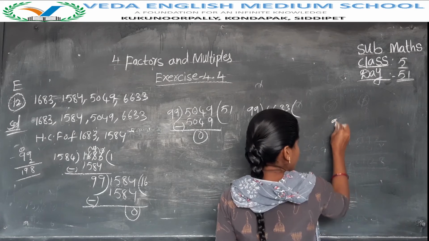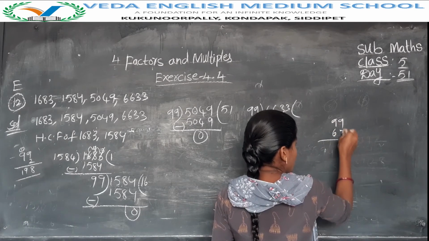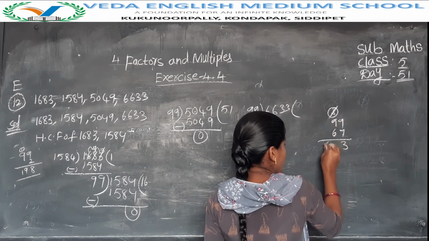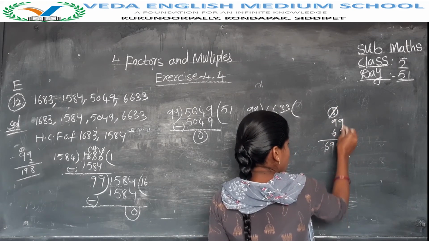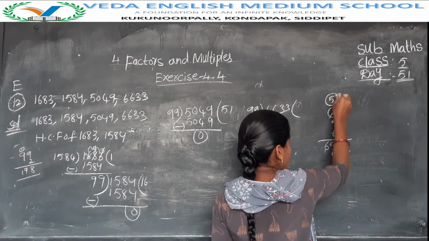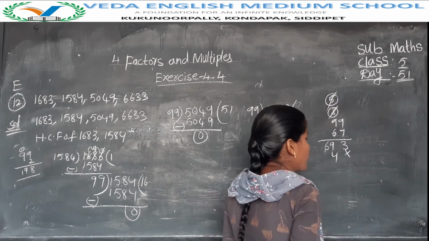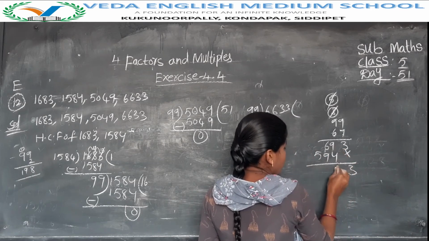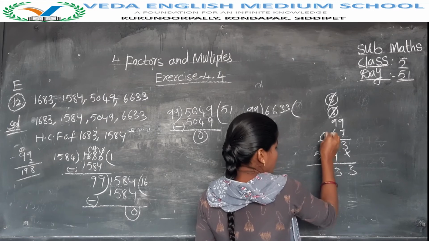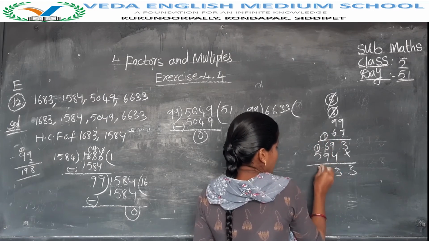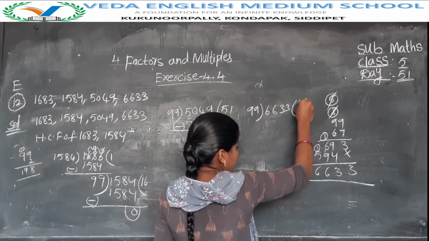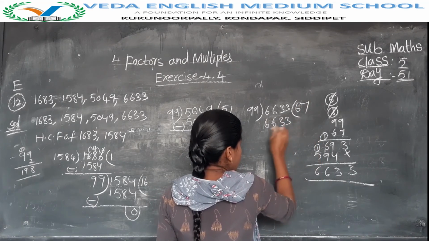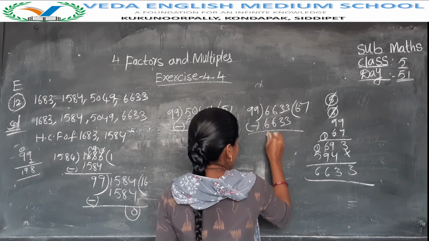6 7s are. 7 9s are 63. 63 plus 6 is 69. 6 9s are 54. 54 plus 5 is 59. 9 plus 4, 13. 9 plus 1, 10. 10 plus 6, 16. So 99 67s are 6,633. Finally the HCF of